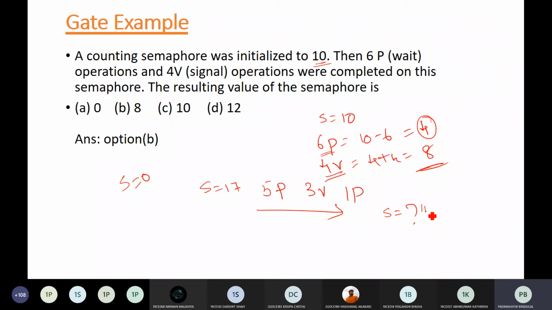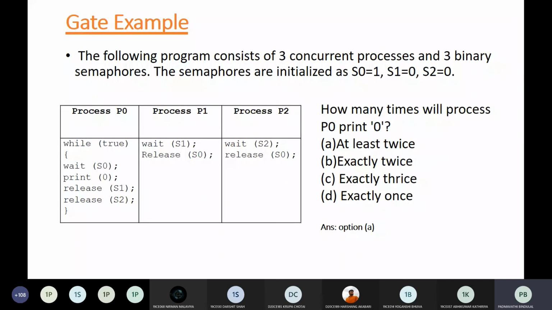Who told this? Raj. Okay, good. Correct answer. Always notice that if sequentially is written, that means you have to perform the execution in sequence only. Any doubts till here?